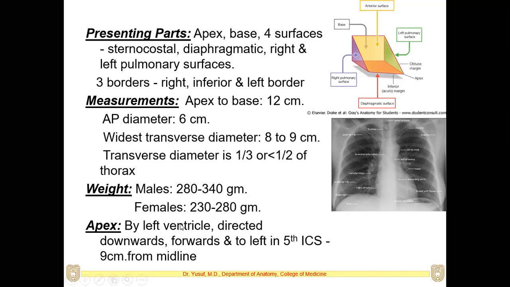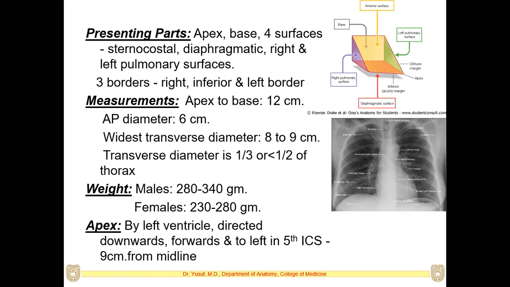Normally, in case of adult males, the weight of the heart will be almost 300 grams, and in females it will be slightly lower, it will be slightly smaller, and it will be almost 250 grams. Coming to the apex of the heart is mainly formed by the left ventricle. Very important thing you should remember. Again, this is clinically very important in case of the cardiac arrest and other things when you give some particular injections. Okay, like adrenaline to start the heart once again.